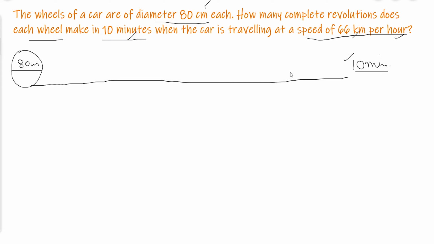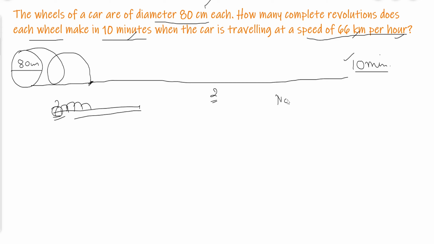This we can find when we come to know two things basically. One is the total distance traveled by the car, and how many centimeters this wheel covers after completing one complete revolution. So how can we find this? If we come to know the distance covered by the wheel in one rotation, then we can just divide the total distance by the distance covered in one revolution to get the number of complete revolutions.